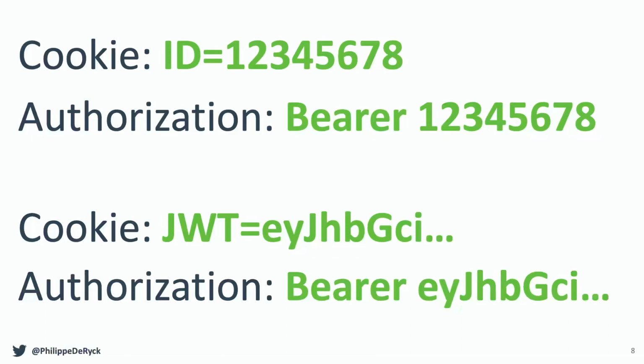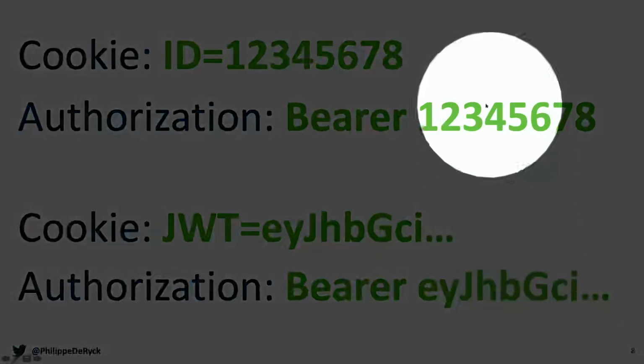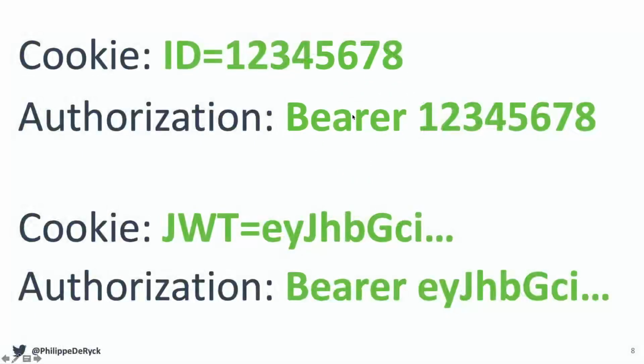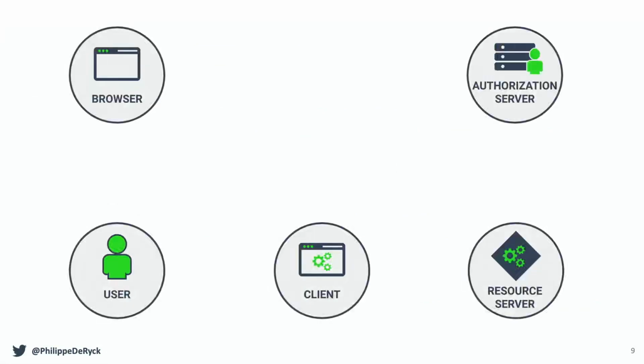I saw some people laugh when I presented the other options because they look silly, right? If I present you, hey, let's put a session ID in a bearer header, it's like, no man, nobody does that. However, if you're using something like OAuth, you probably are doing that. You maybe don't realize that you're doing that, but that's essentially what's happening. Let me give you a very quick overview of OAuth. I don't know if Daniel Fett is in the room, this is not an accurate representation of OAuth. He did a much better job doing that. I just need a few architectural components to show you one example.